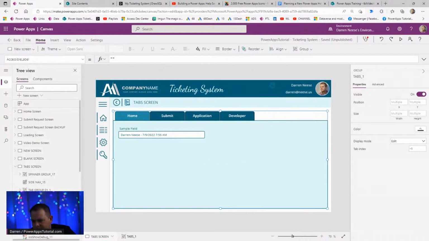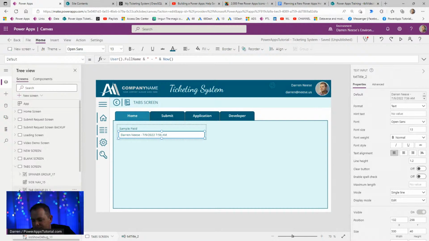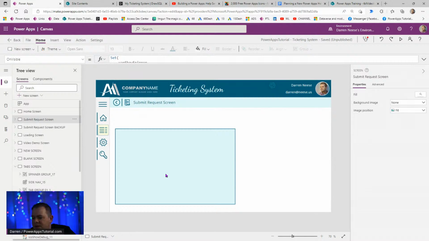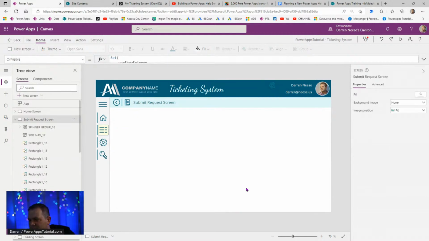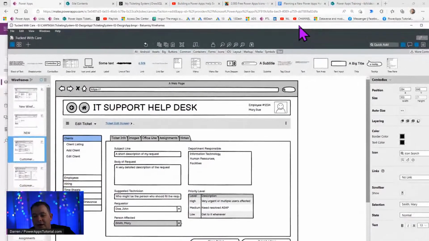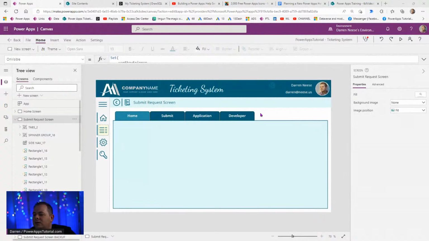Okay, so these are the tabs. This is a tab group. Okay. I'm going to copy that. I'm going to go up to this screen here. It doesn't look like we actually need that. So I'll paste that there. Hey, look at that. Looks great. Okay. All right. So first thing I'm going to do, looking at this thing again here. So we need ticket info, images, so on and so forth. Okay. So what we'll do,